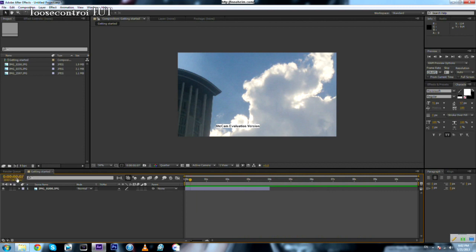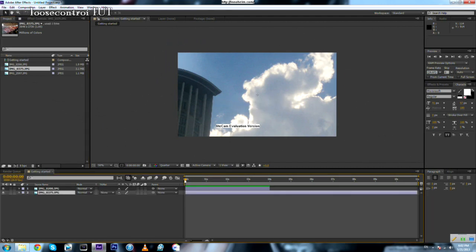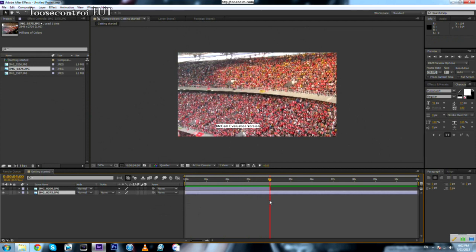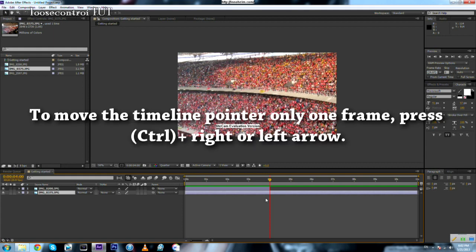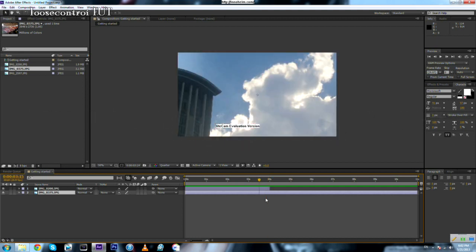Now we need to add the next photo. We can drop it either here or here. I prefer to do it here. We need 1 second for transition and 3 seconds long for the clip. Now if you want to move just 1 frame backward or forward, we press and hold Control and press right or left to move backward or forward. So if we move 1 second, then